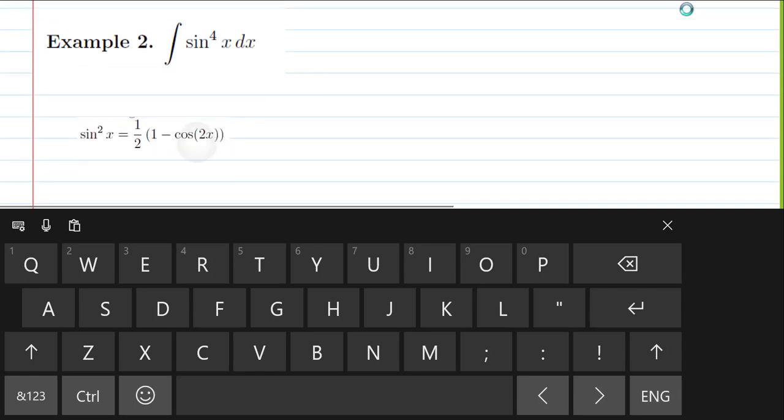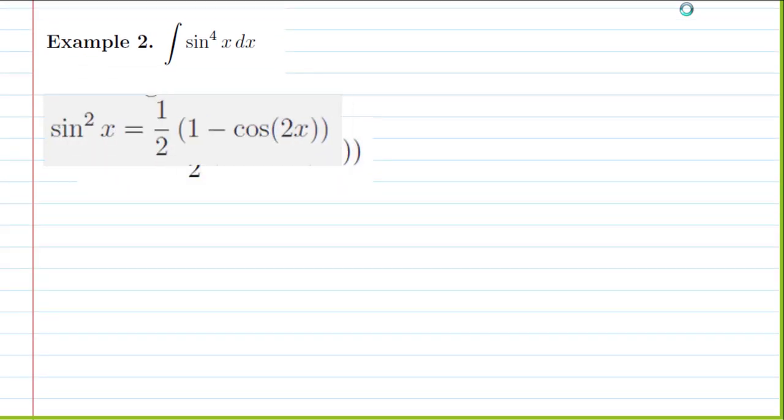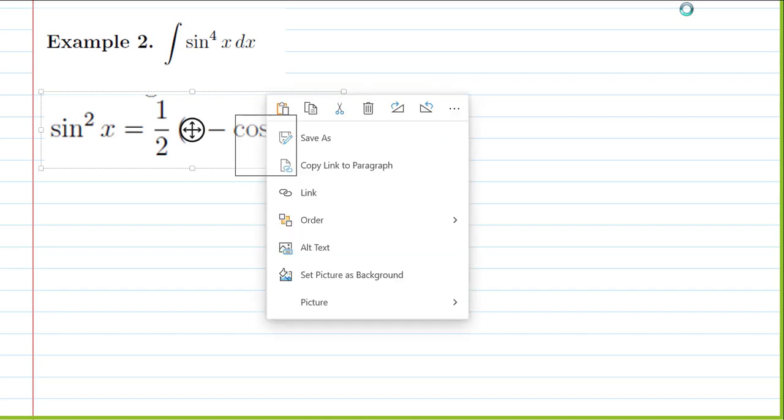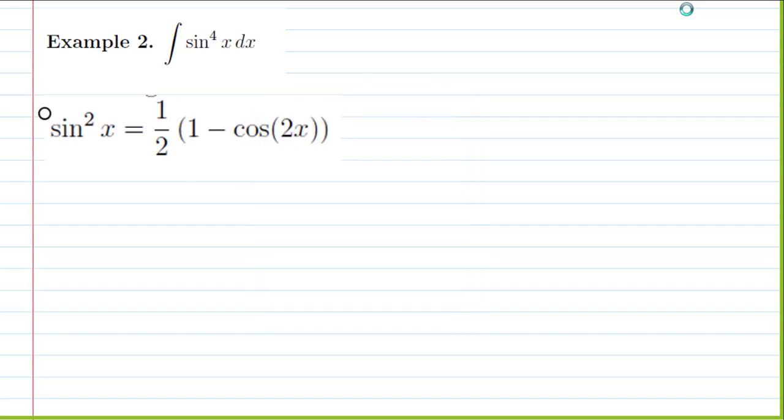So we want to use this identity, and this identity works on sine squared. So if I have sine to the fourth power, how can I write it as sine squared? Well, we want to use the following property, that if I have a